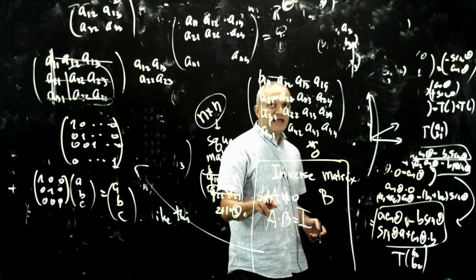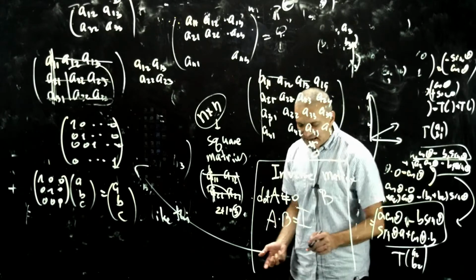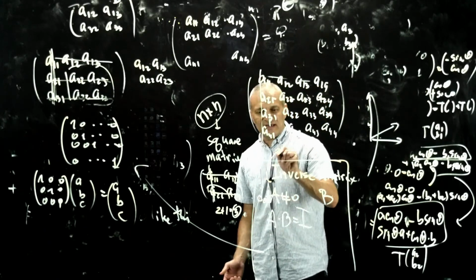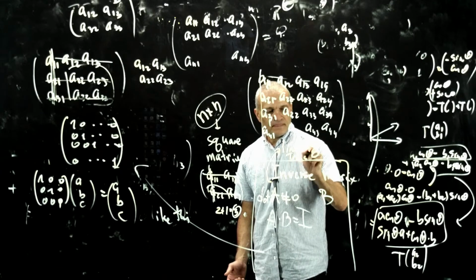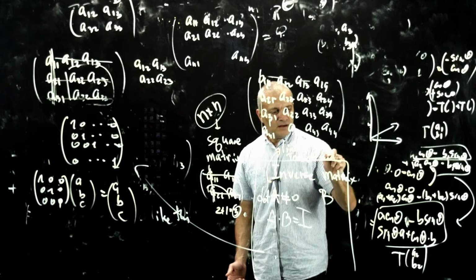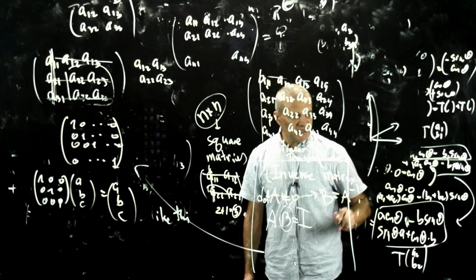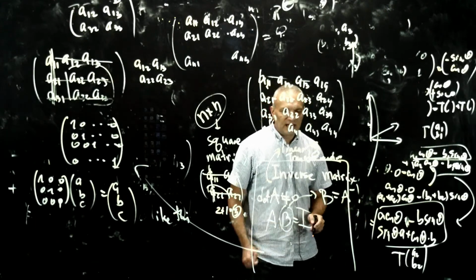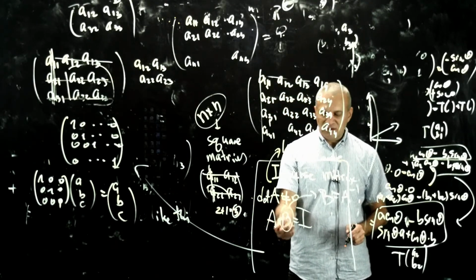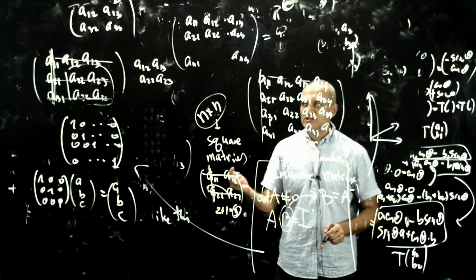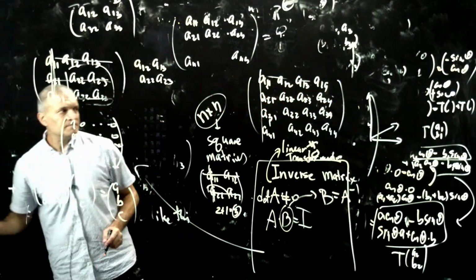And if you have a matrix A times B equals I, it means that if A corresponds to a linear transformation, then this B, which we denote by A inverse, when you compose it with A, you are getting the identity. So it actually gets back to the vector you started with. So for example,